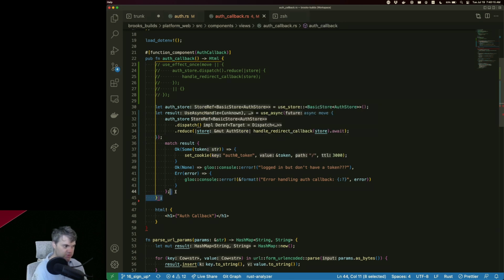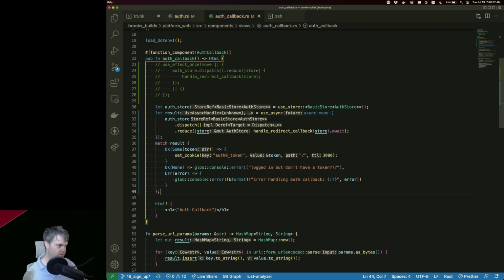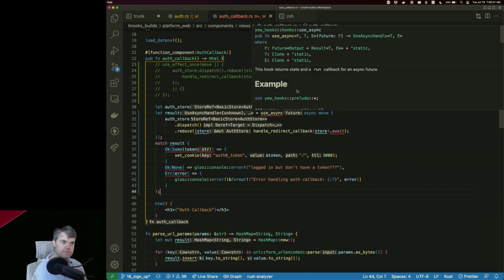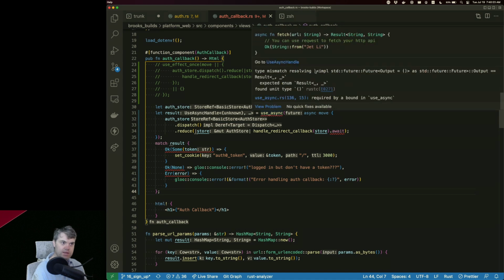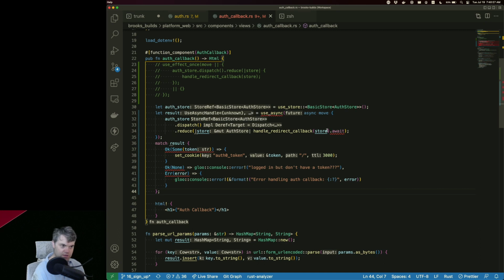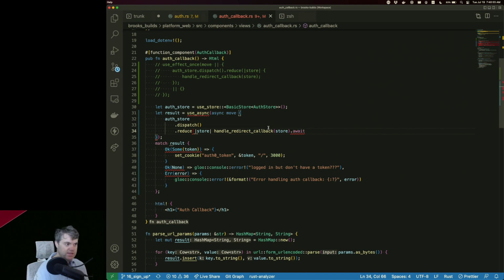That gives me you. Height mismatch resolving. Okay, so reduce. Just end it with you.